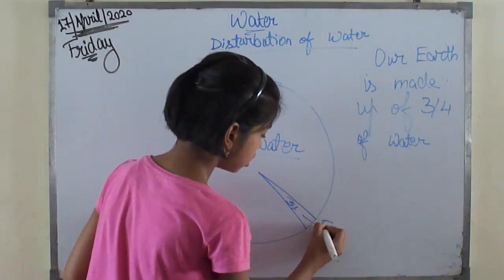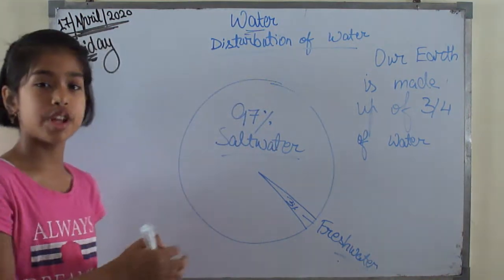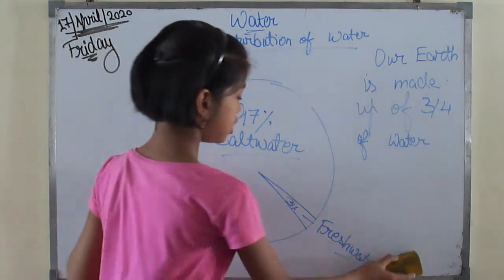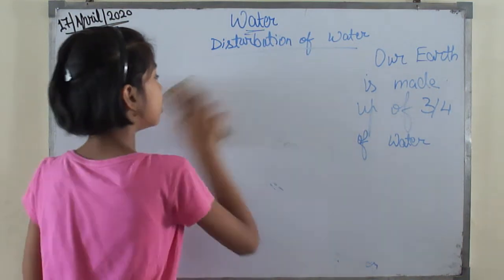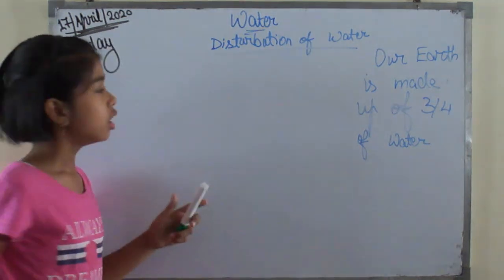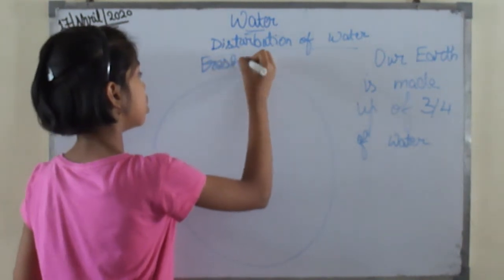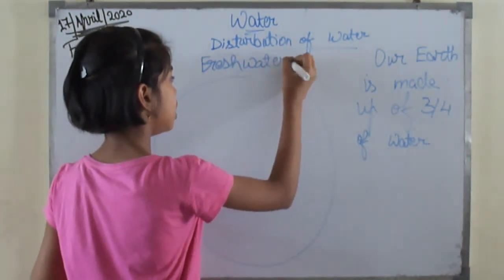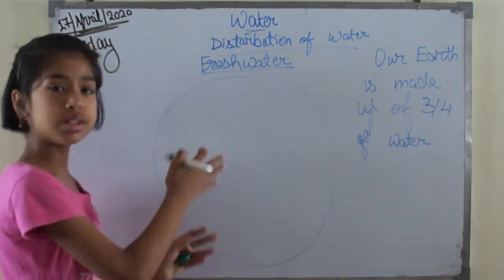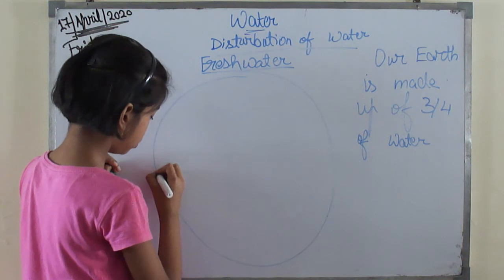So it is the fresh water. The percent of fresh water is 3%. And if I will take this 3% of water, so this is the 3% of the fresh water. And what if I tell you that in this fresh water, this is the total fresh water, and in this also